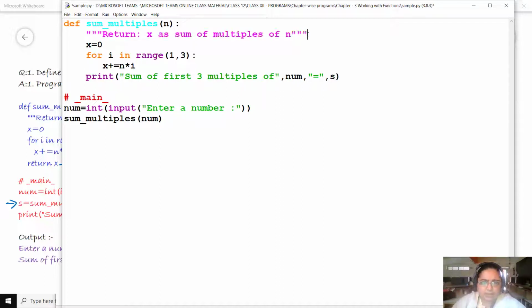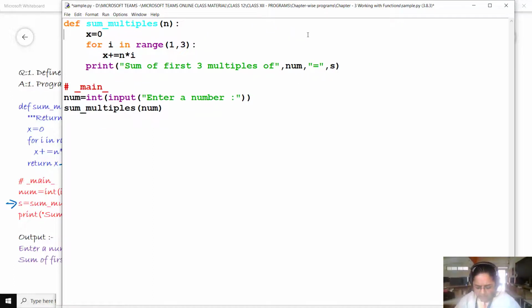Now it is not returning any value, so we will remove the docstring. And within this, we are going to replace num with the value n.